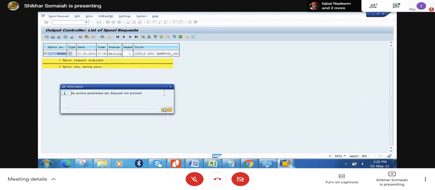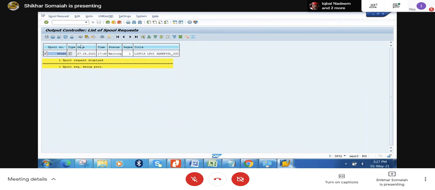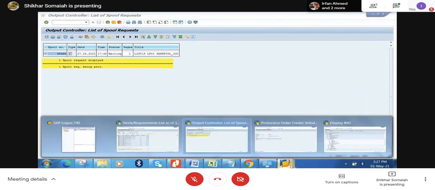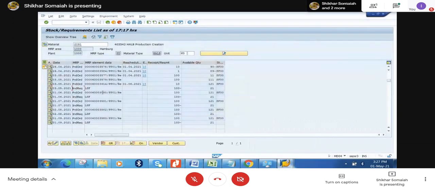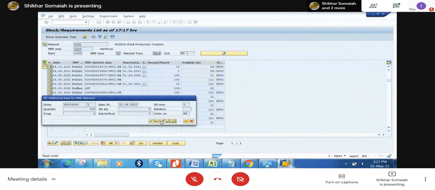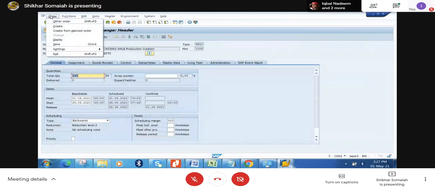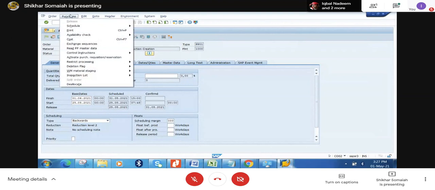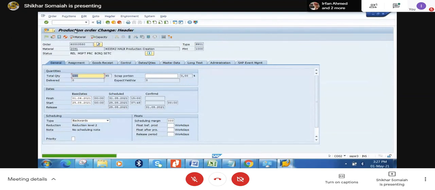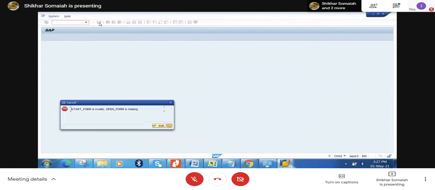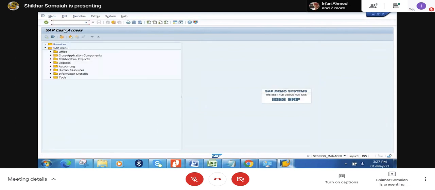Archiving is actually deleting. We have to release an order first. Go to here, already released. Have to change the order. To the next operation, the order is printed. If you give the setting, we are unable to do it. The automatic printer is not set, right? But still, at least we can try to view it. Go to